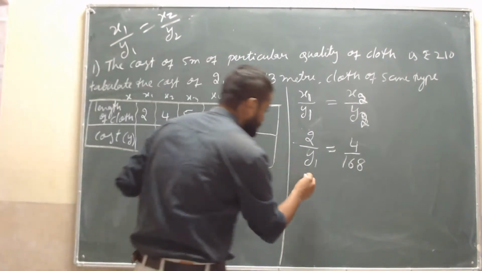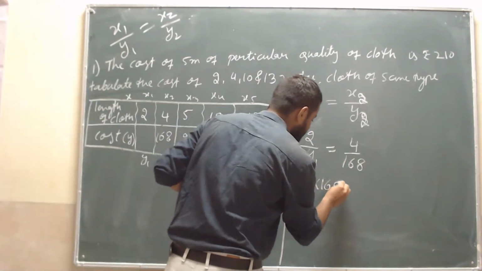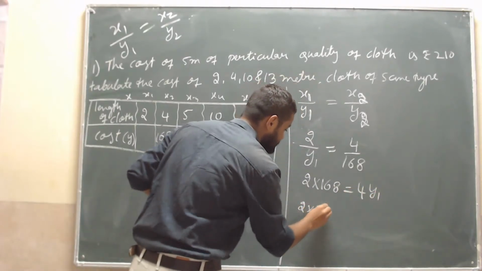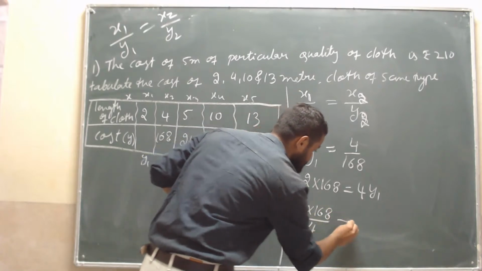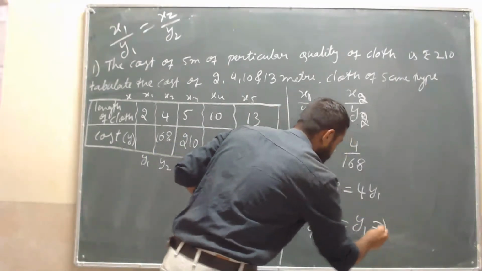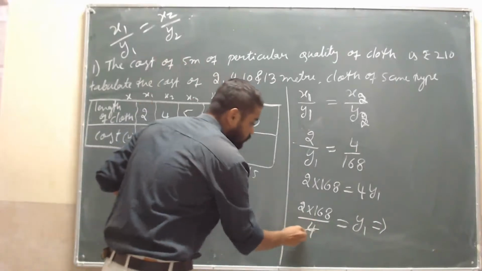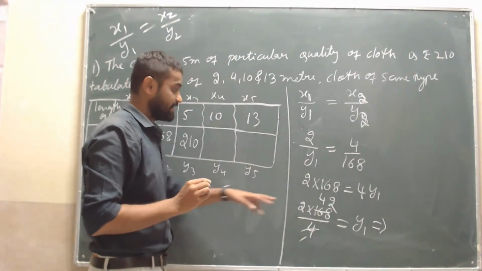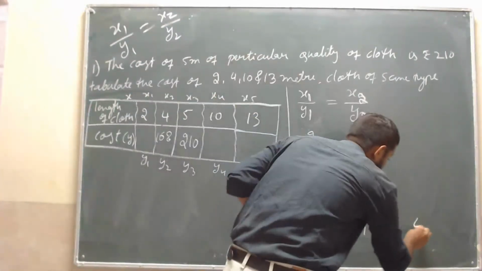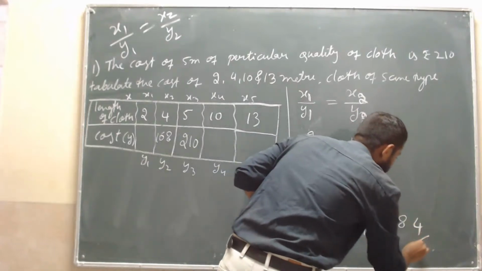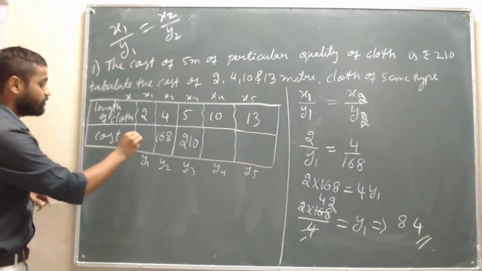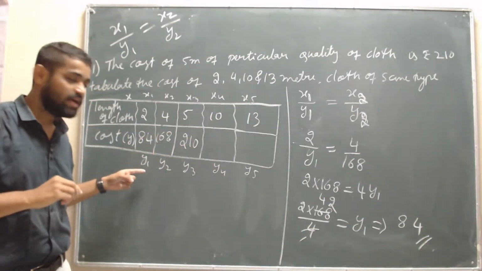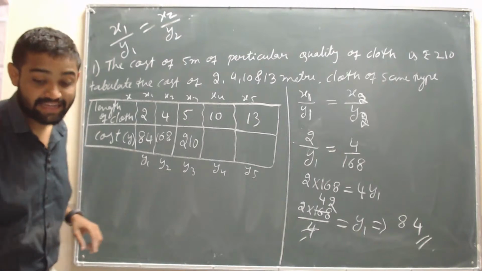2 into 168 is equal to 4y1. Then 2 into 168 divided by 4 is equal to y1. See, 4 ones are 4, 4 twos are 8. Then multiply it. 2 twos are 4 and 4 twos are 8. 84 is the value of y1, children. 84 is the value of y1. Then again, next,